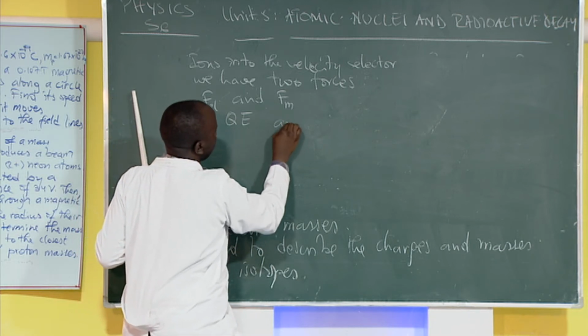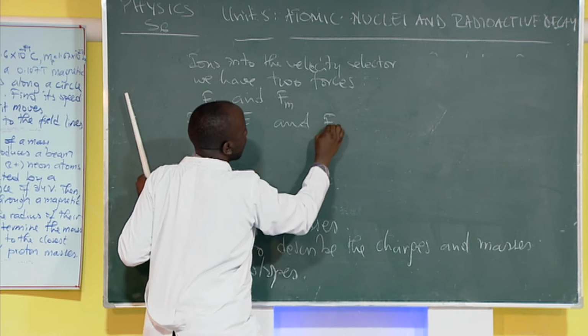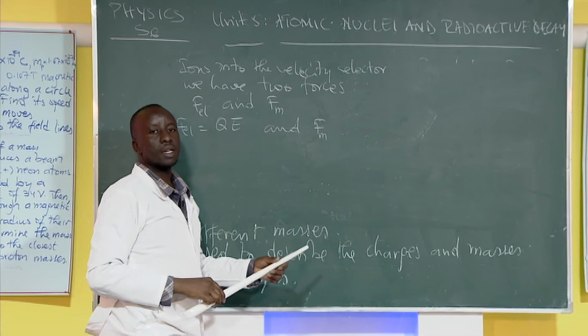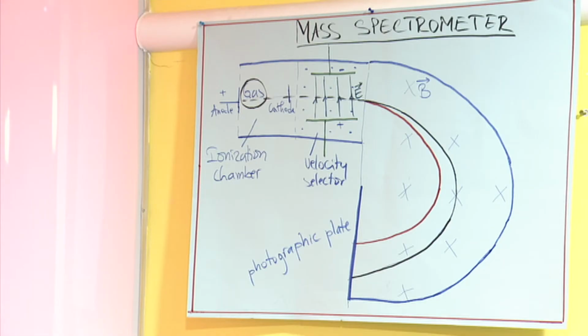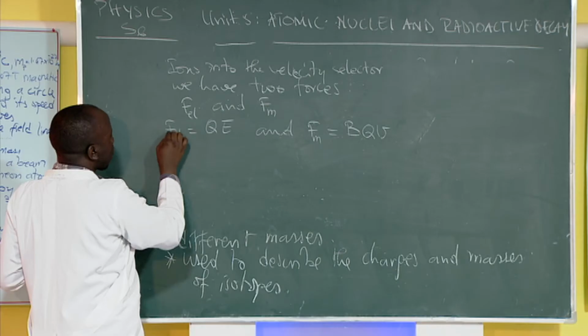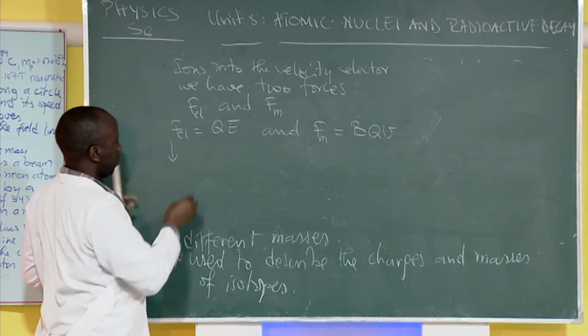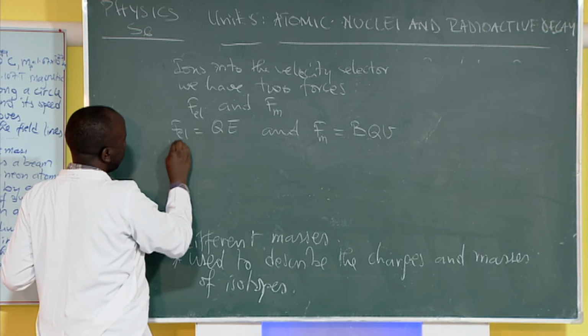And then the magnetic force, because we have these charges moving in a straight line, and they are now reaching this magnetic field, being perpendicular to this magnetic field. So this time now we have the magnetic field times the charge times the speed of this electron. And because these two forces are the only ones that act on the ions, then from